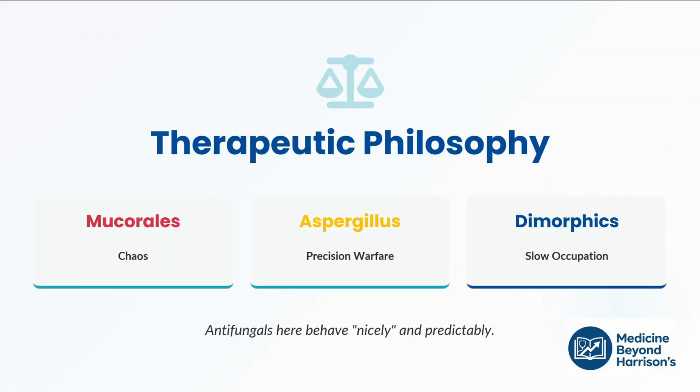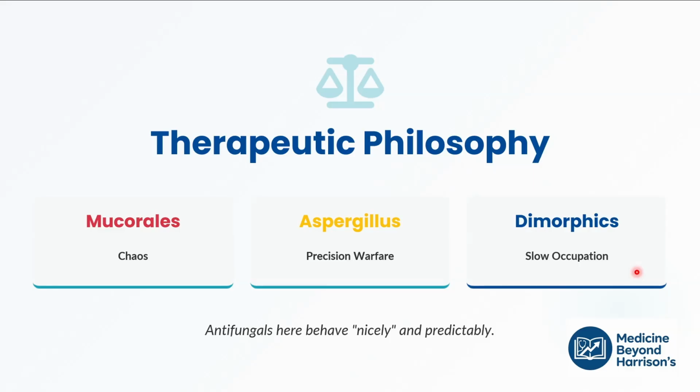Let's get started. The therapeutic philosophy is that mucorales are pretty chaotic and don't respond to normal antifungals such as echinocandins or azoles. Whereas with Aspergillus, you have to use precision warfare with voriconazole, the specific azoles that are sensitive for Aspergillus. And for dimorphics, it is often long-term treatment with common antifungal drugs such as azoles. Antifungals here behave nicely and predictably because dimorphics exist in the environment as molds,